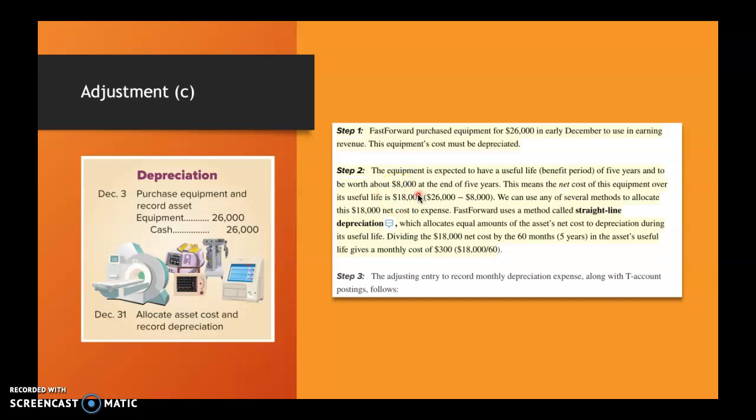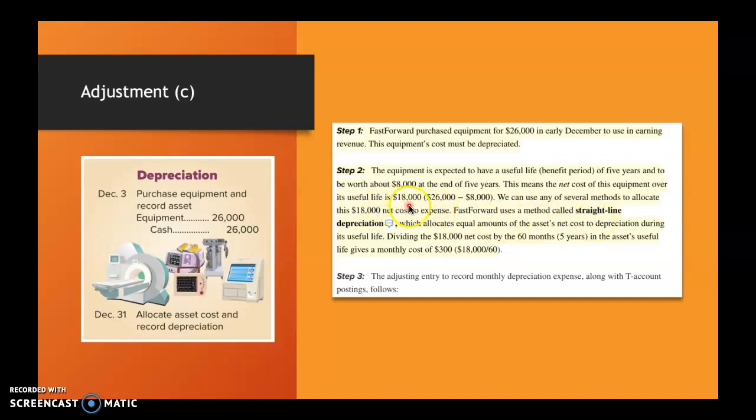In order to calculate the depreciation, we take how much you bought it for, 26,000, and subtract off the salvage value of 8,000, so that we get 18,000. This is the depreciable cost. It means that of the original asset, we have to depreciate $18,000 until it arrives at its final salvage value of $8,000. The method they use here is straight line, which just means that of the $18,000